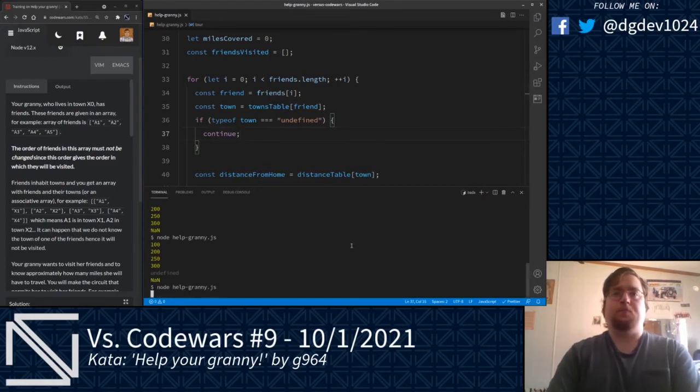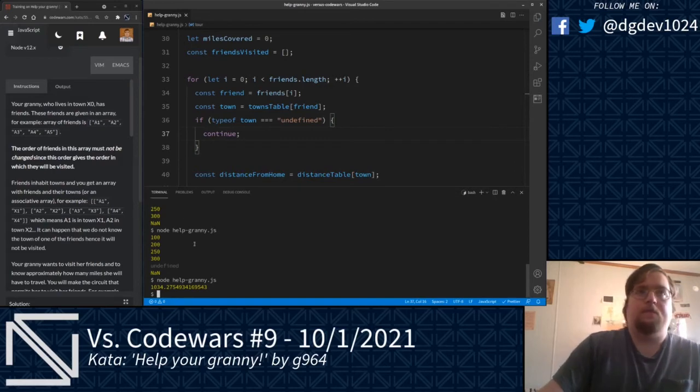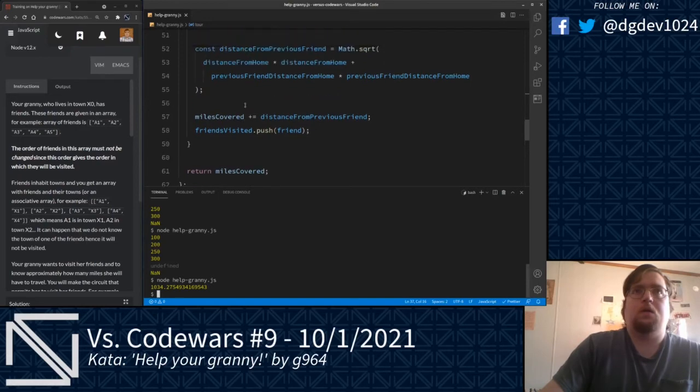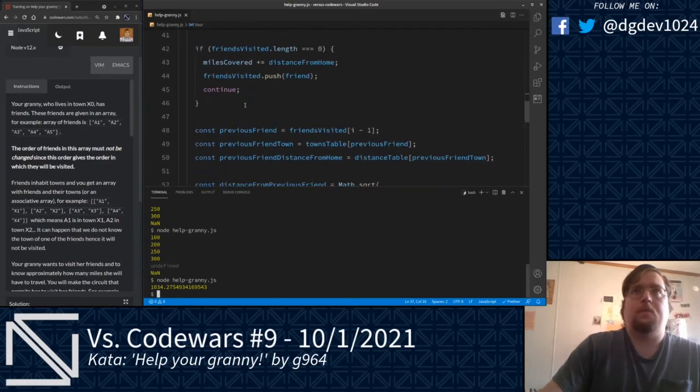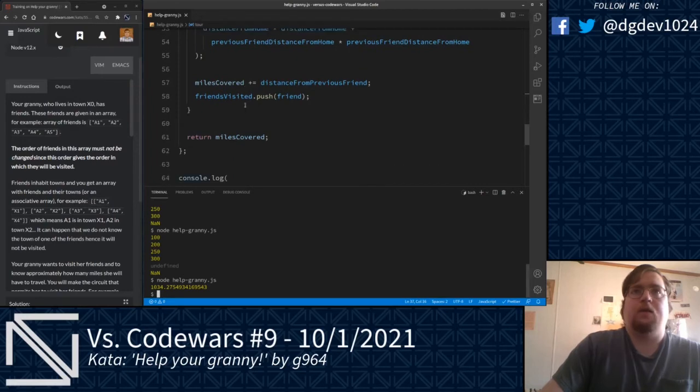Let's plug this into Codewars here. 1034. Alright, we are actually missing something here. We actually need to add the distance from the last friend visited back home. So what we'll go ahead and do here is